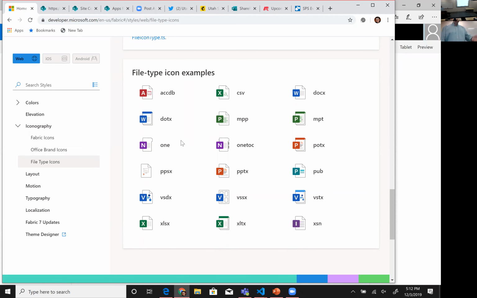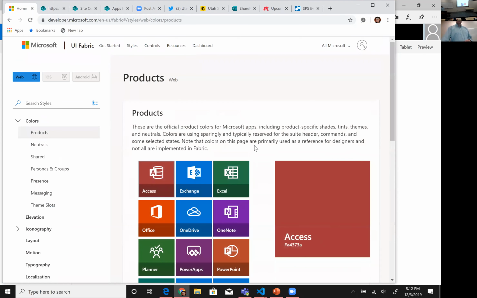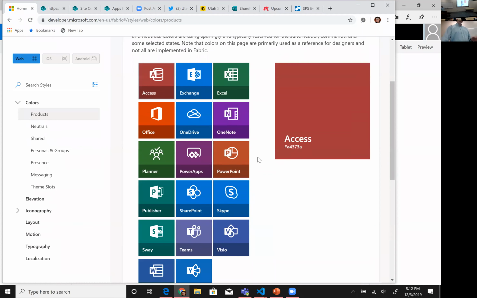So cool. Other things that we get from using UI Fabric. Colors. You really want to have something on your screen that is Excel green? Well, there's your hex code. Congratulations, you now know what color Excel green is. Or PowerPoint red, or Publisher teal? I don't know. All of these colors are available to you, and you can either use the hex code that they give you right there, or